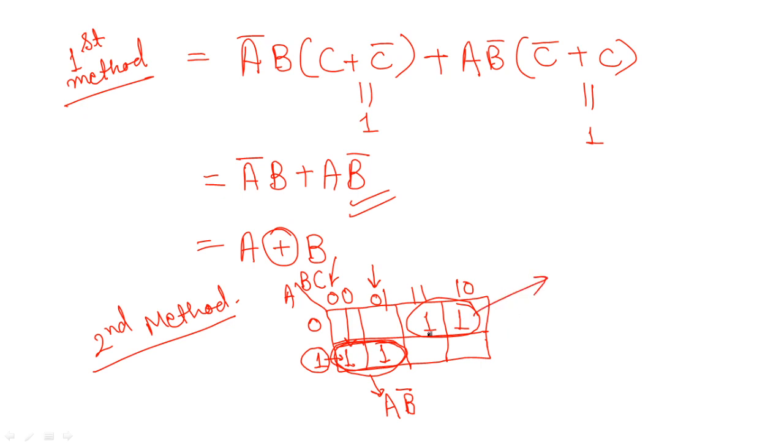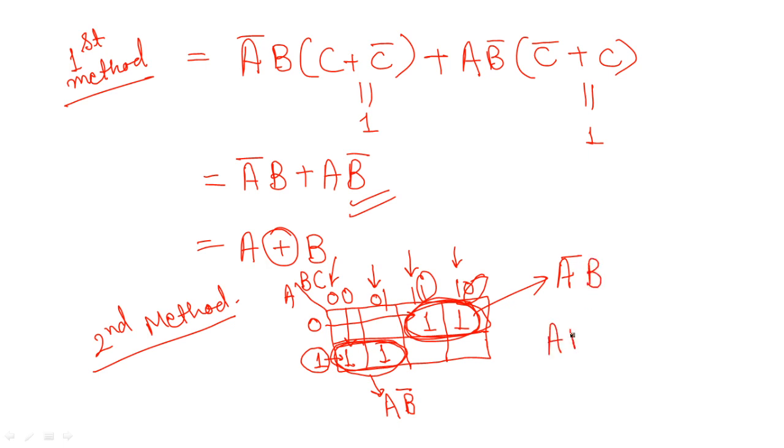Here what we need to do, row wise if you will check, there is one common value for both the ones which have been enclosed together. So we will write A bar, and vertically if you will check, the value of B is 1 while the value of C is different. So we will not write the value of C, or we will not consider it. It's just gonna be A bar B.